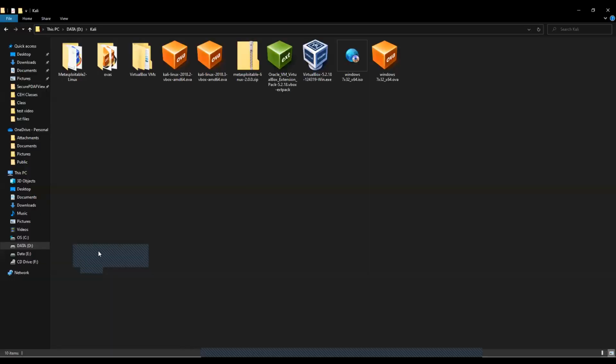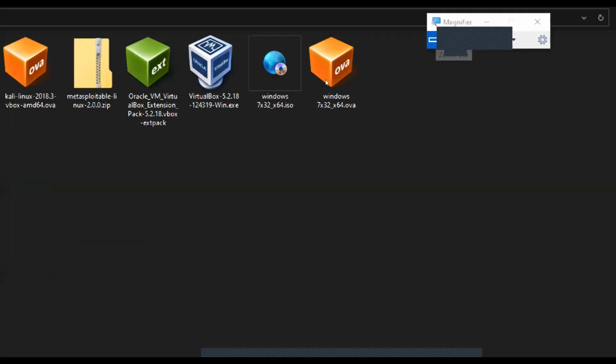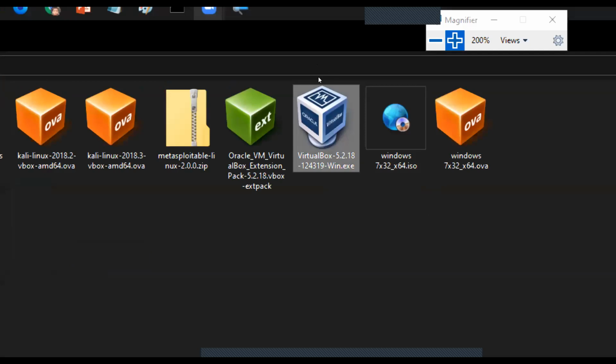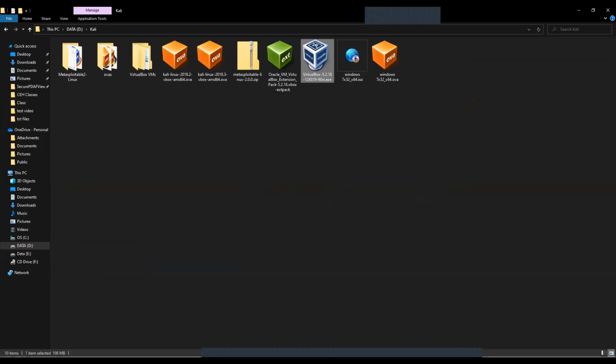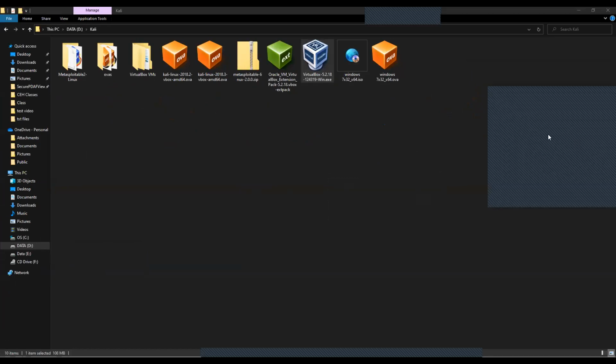Okay, here you are able to see the exe file. This exe file is what you need to download. Once you download it, simply double click on it. Installation of software on a Windows machine is really very easy. All you need to do is click next, next, next, and finally click on finish. You'll get prompts to allow permissions. You need to allow the permissions and finally click on finish so that VirtualBox will be installed.